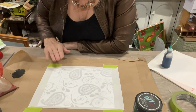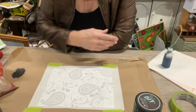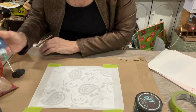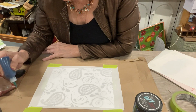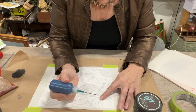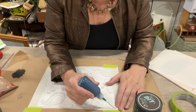I've got my paper taped down just so that the edges aren't curling up. I want to have as flat a surface as possible. And I just want to see if my paint is able to come out at all. Okay, I'm able to get that coming out. So what I want to do now is use this to trace over my design